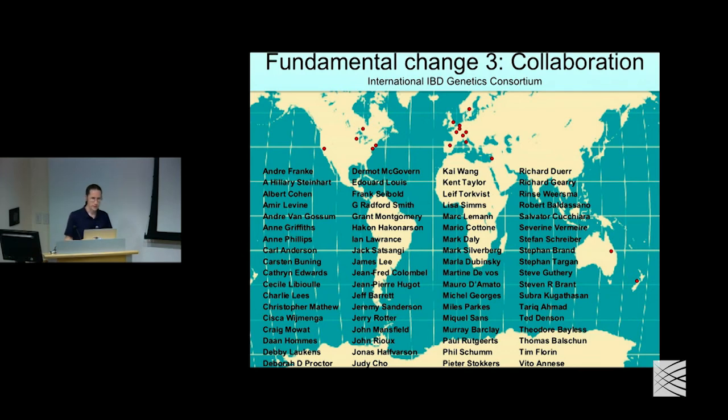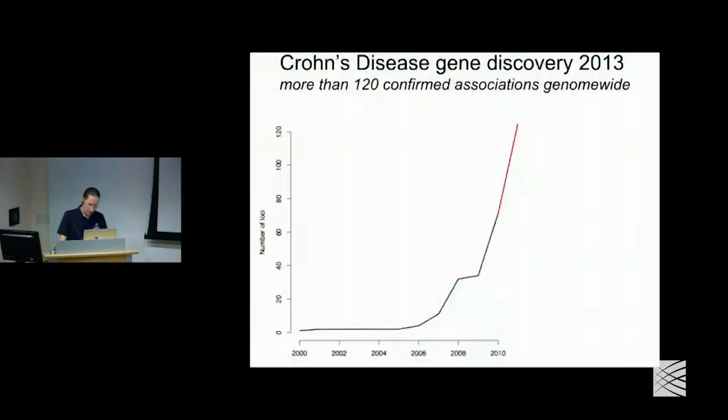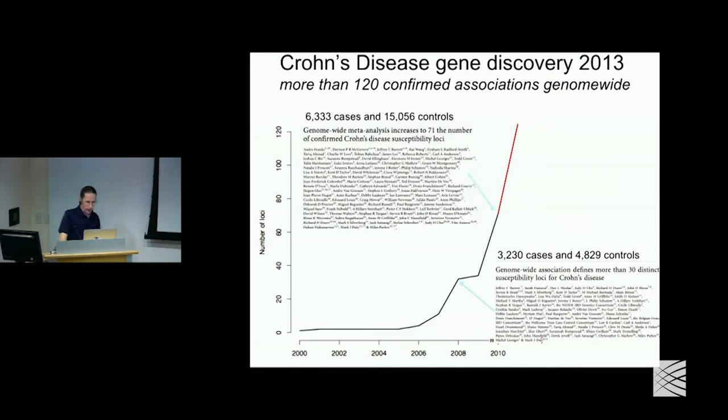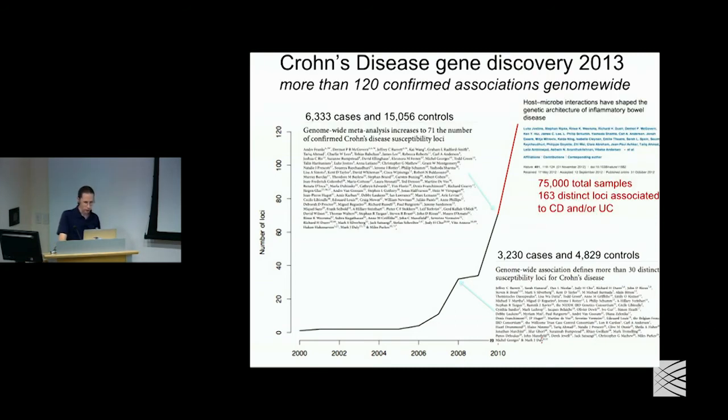Or the way I sometimes describe it to people who are resistant to this: you can do your own small study and get full credit for discovering 0 genes, or you can participate in this larger effort, and whatever number of genes we find, number of genes divided by number of investigators is greater than 0. So, this makes sense. And so as we moved from those first studies in 2006, 2007 to larger and larger collaborative studies in the field of Crohn's disease,